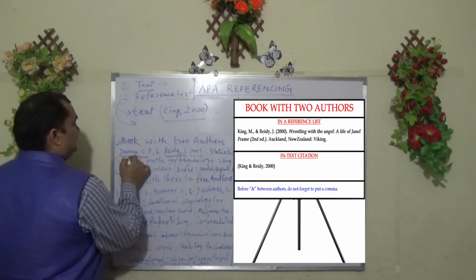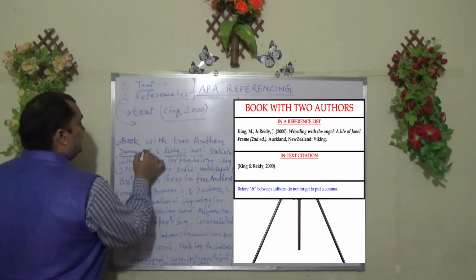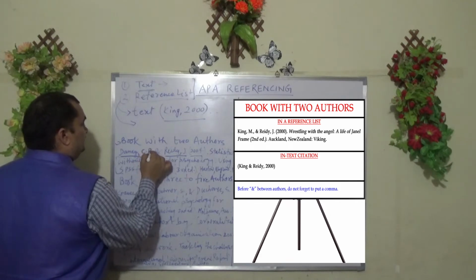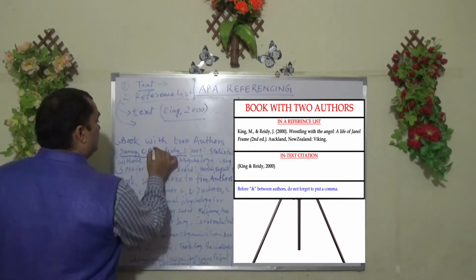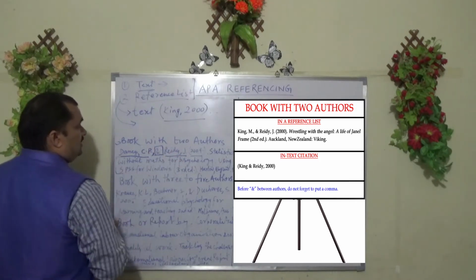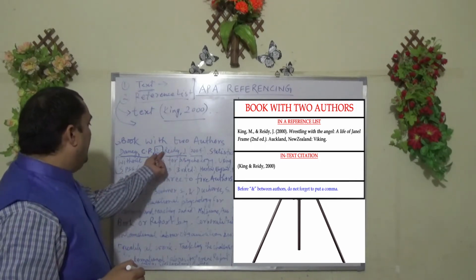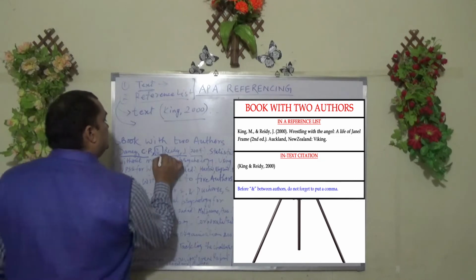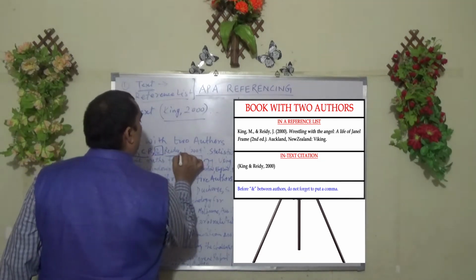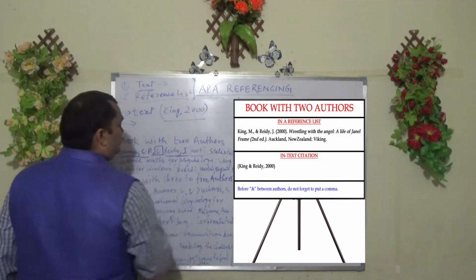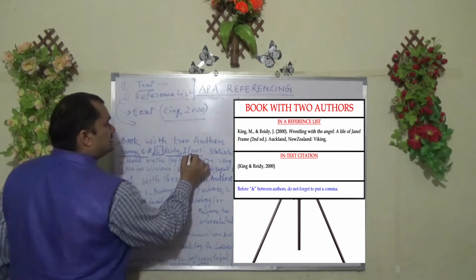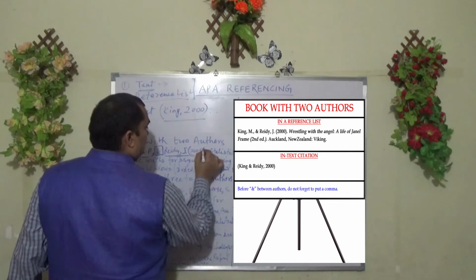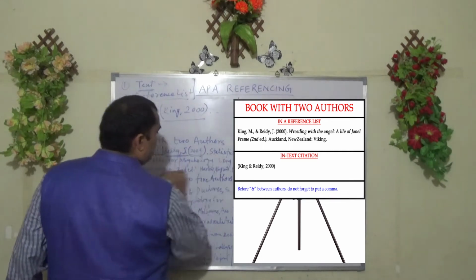First, I will write the surname separated by a comma, then C.P. This is the first author, comma, and remember it will be separated after the comma. Another sign will be added here, the ampersand, then the second author's surname, comma, and J. When you finish here, it is followed by a bracket, the year of publication, 2004, bracket close, then a full stop, and again